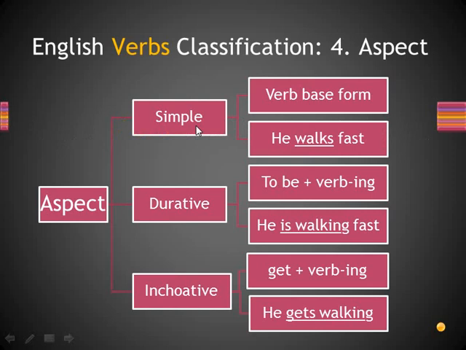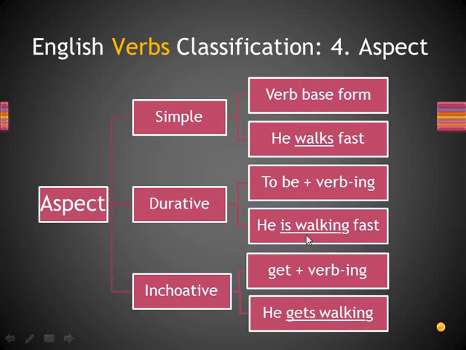So there are 3 aspects in verb: simple, progressive, and inceptive. What's the difference? Simple phase is using verb base form. Jadi kalau menggunakan verb base atau verb tanpa imbuhan ing, maka analisanya aspect is simple. But if in the sentence you can find to be, which is followed by verb ing, then for example, he is walking fast. In this case, the aspect is